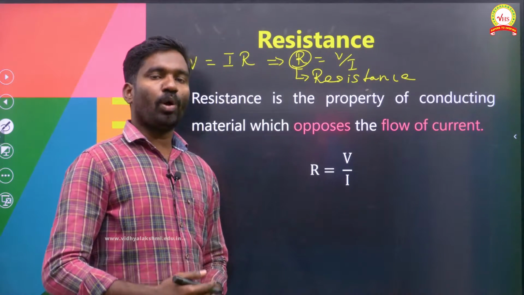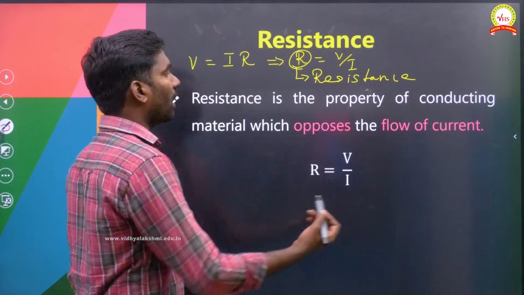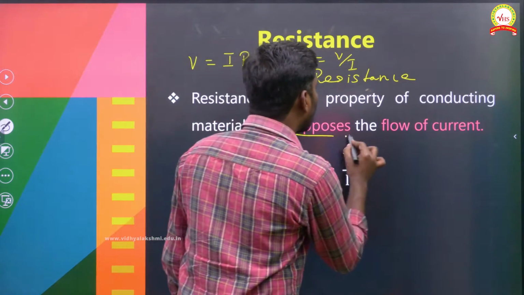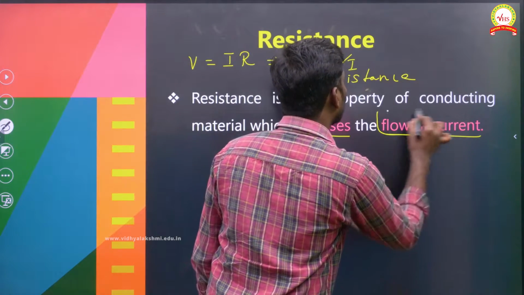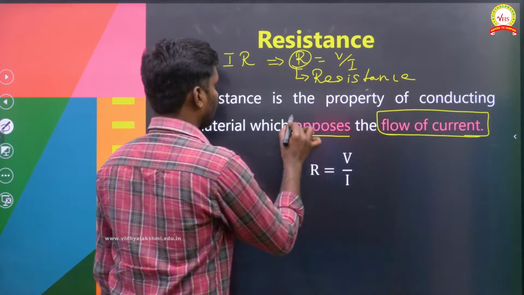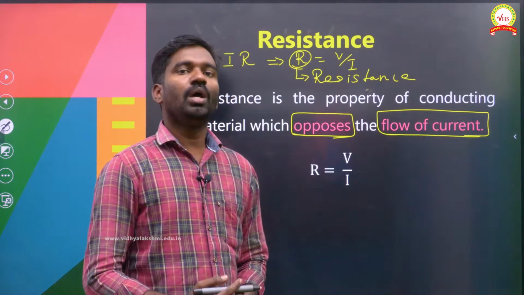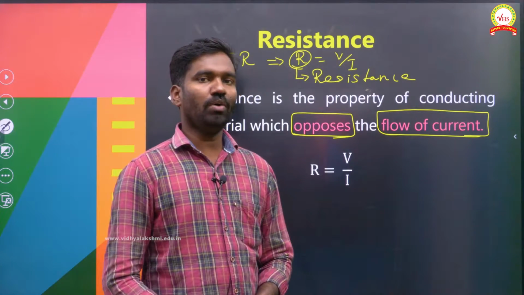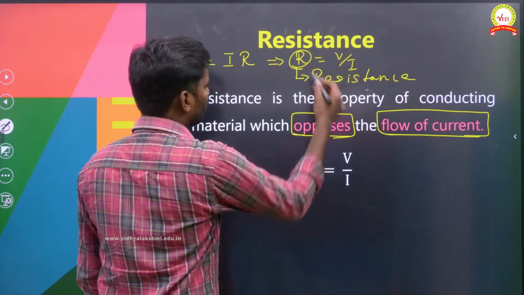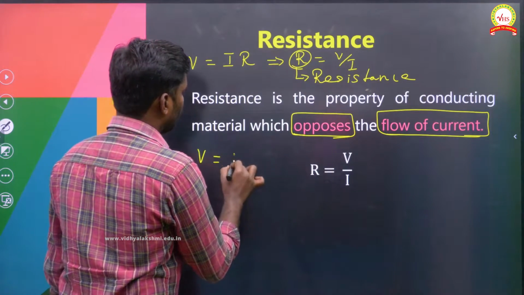It is a property of a conducting material which opposes the flow of current. So what is the formula? From the formula V = IR,